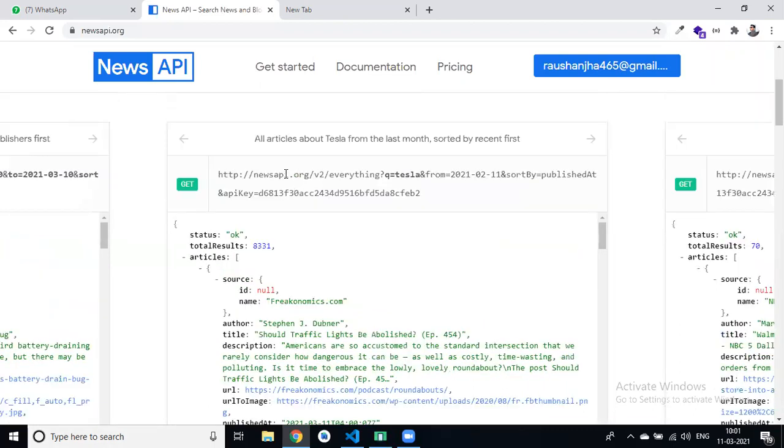This is our newsapi.org. Then everything: q is equal to Tesla, which means query. Then we can pass a date parameter also, then publishedAt and all. And the last parameter is our API key. So we need to pass the API key. Everything is optional, like from, sortBy, q, but the API key is compulsory.